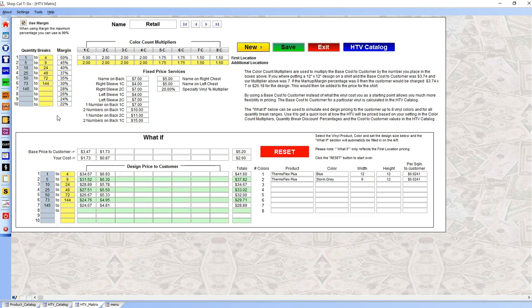Now we're going to start adding the cost of the decoration in here. You have your color count multipliers here. What these do is for the first location and the second additional location, what this is basically saying is to take the first location, and we want to apply a multiplier of 5 to it. So let's just say we had $1 in decorating cost. We want to multiply that by 5,